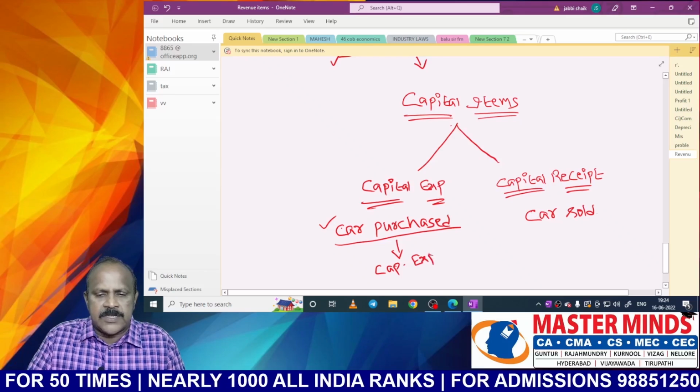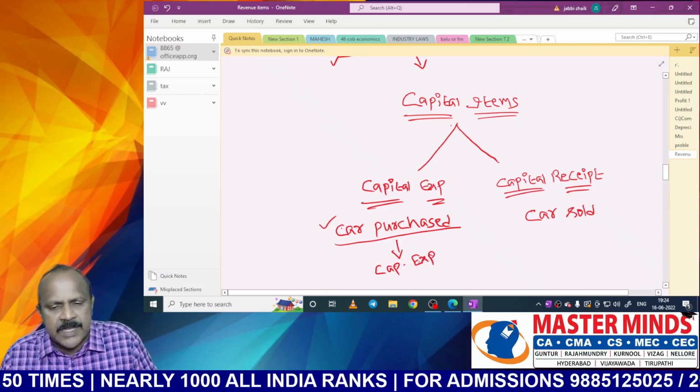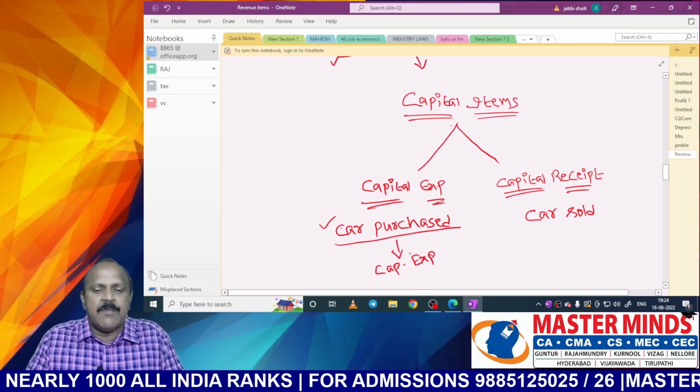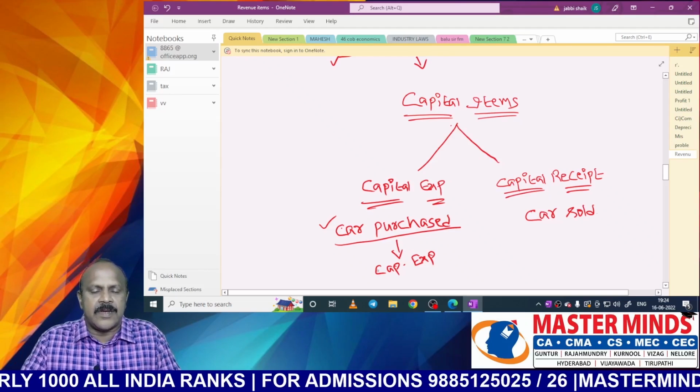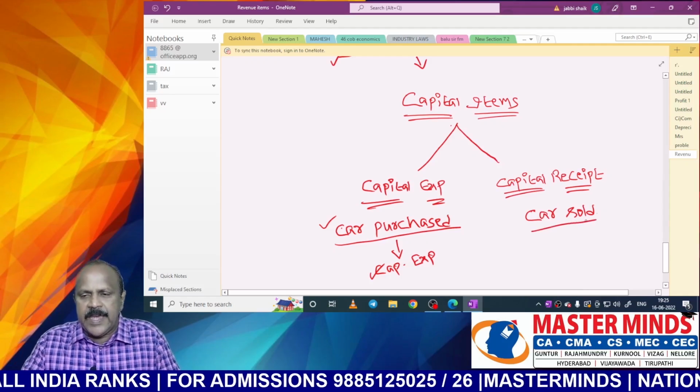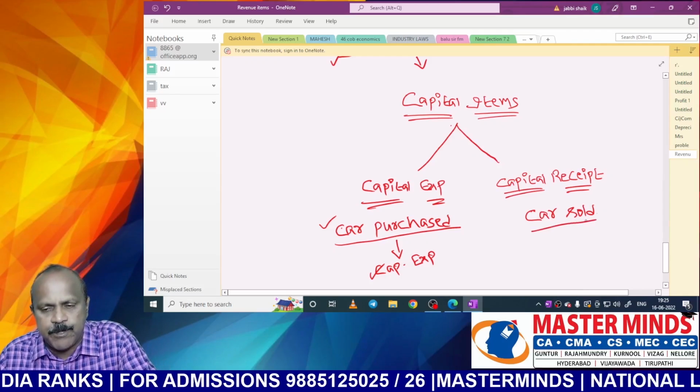When we purchase a car, we have to pay something on it. We have to incur something on it. The amount incurred on the purchase of a car is called capital expenditure. When we make a sale of a car, we